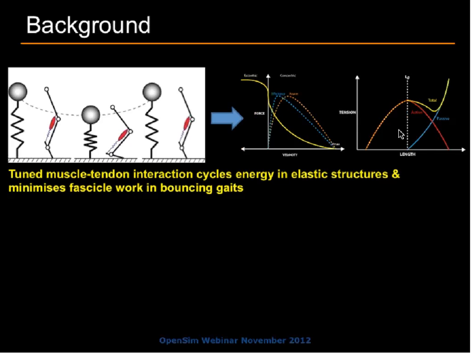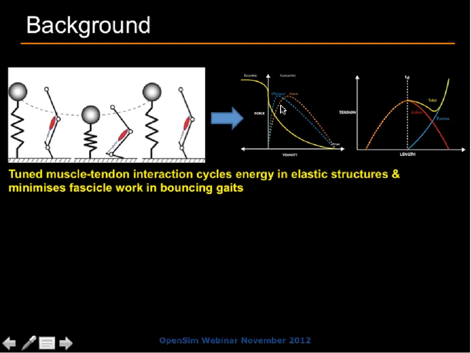So what I'm talking about there, for those less familiar with muscle mechanics, if we look at the force-velocity relationship of muscle here quickly, and we see the yellow curve, which is our force value, we can see that it's easier to produce forces at low velocities. If we then look at also the blue curve, which represents the efficiency of the muscle, it's clearly more efficient to produce forces at lower contractile element velocities. So I guess the message here is that it's good to be at lower velocities if we can manage that